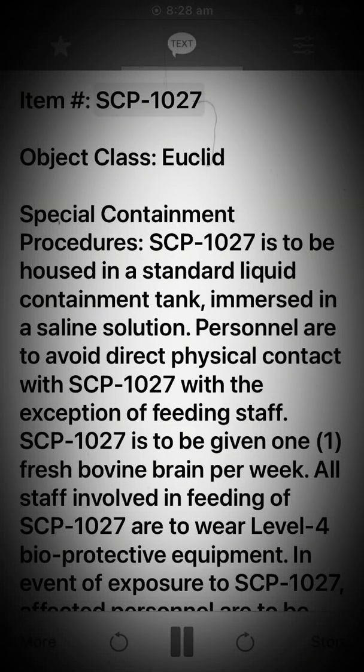Item: SCP-1027. Object Class: Euclid. Special Containment Procedures: